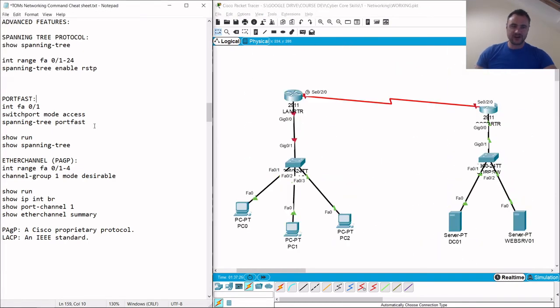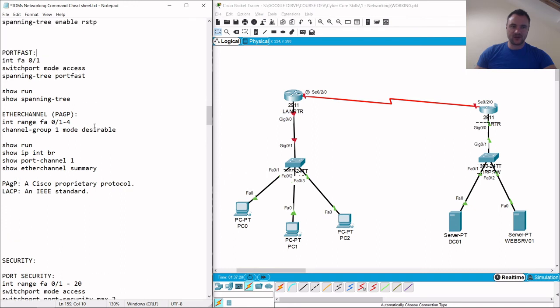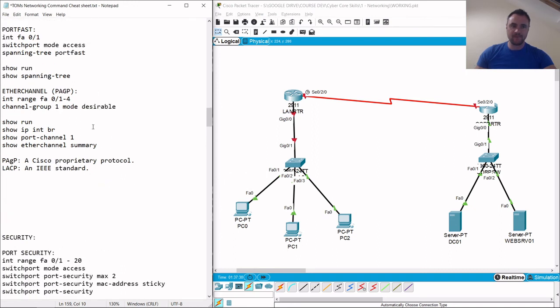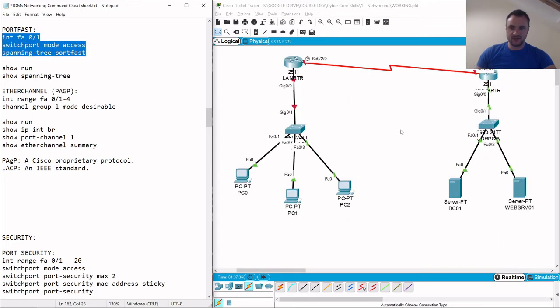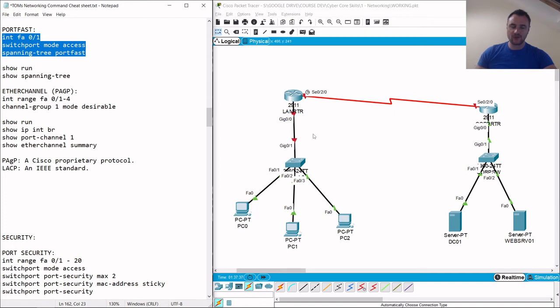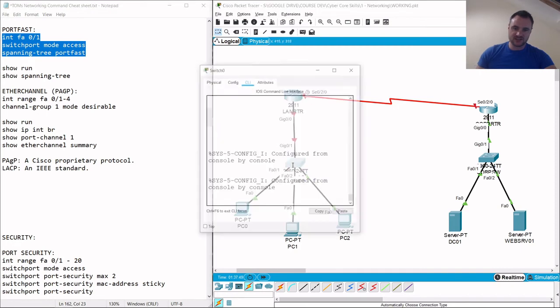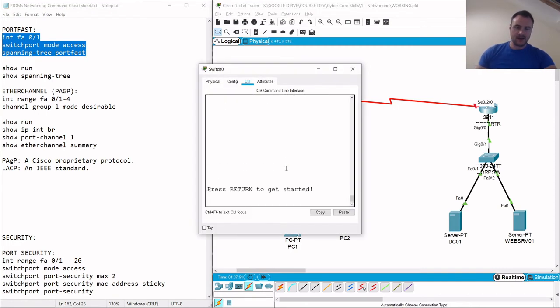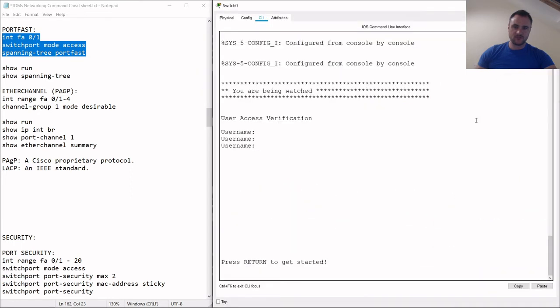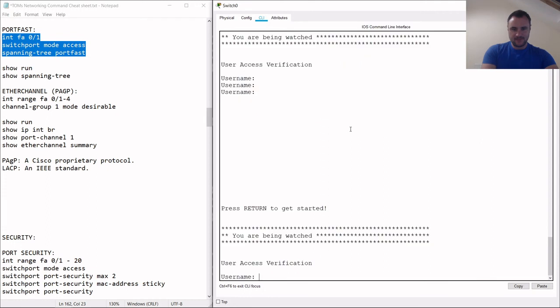Ish. We're going to touch on spanning tree again, but on a technology called PortFast, and PortFast is really good. Quite excited about this. On physical kit, it's even better and sort of blows your mind because it negates the wait time. So what I'm going to do is configure Fast Ethernet 0/1 on this switch as PortFast. And so what PortFast does, and here we go again, user